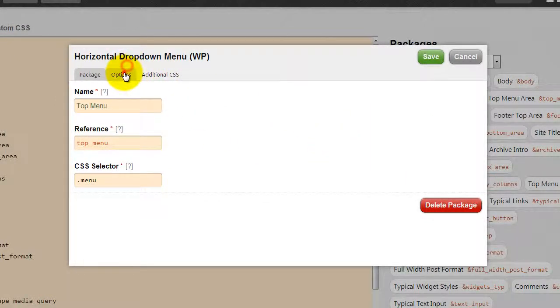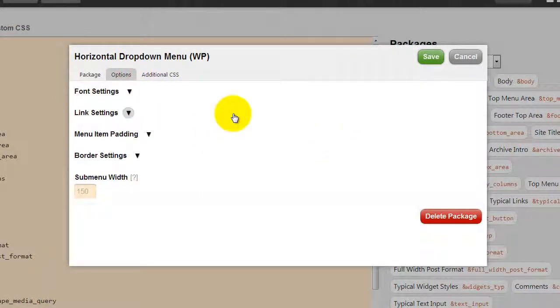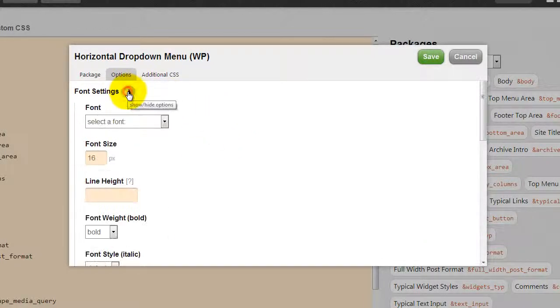So anyway, if we come over here to our options, you really have primarily two things you are styling. You are styling the text in the menu, and you are styling the background of the menu. Now you also have a few other things like border and padding and stuff like that, and that's a different story really. But in terms of font,